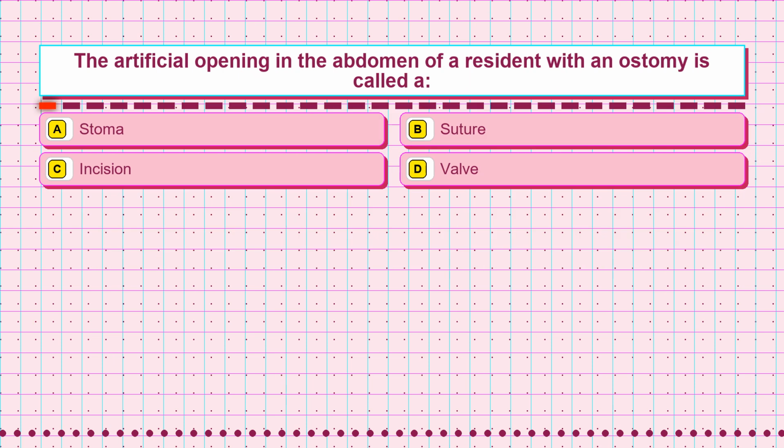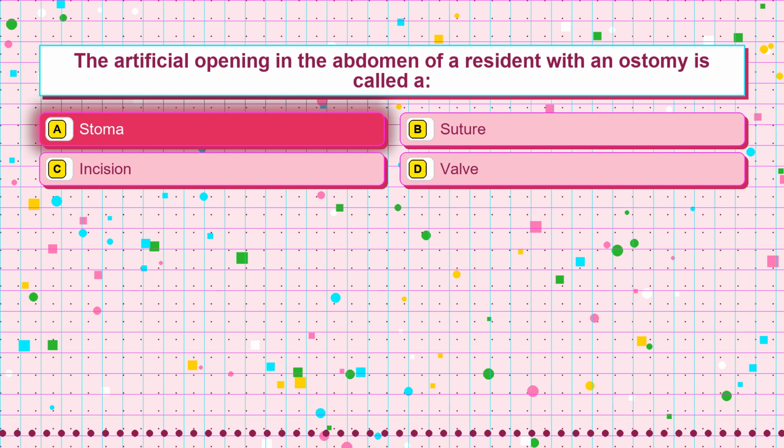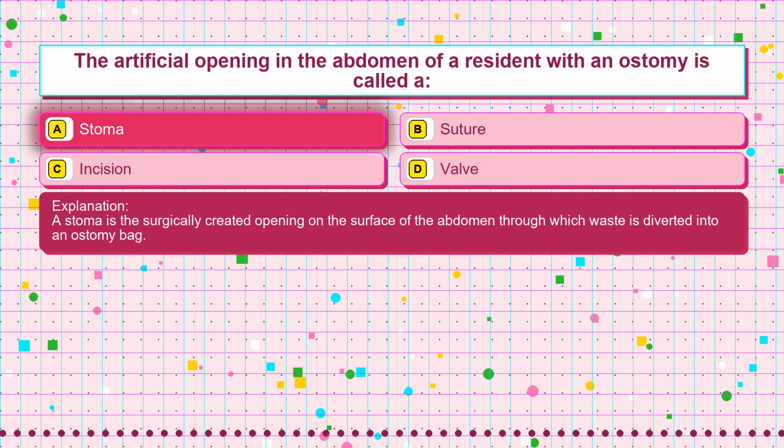Question 45. The artificial opening in the abdomen of a resident with an ostomy is called a: Option A, a stoma. Option B, suture. Option C, incision. Option D, a valve. The correct answer is option A, stoma. A stoma is the surgically created opening on the surface of the abdomen through which waste is diverted into an